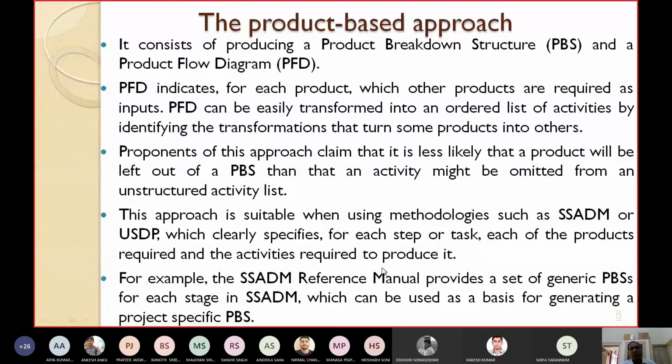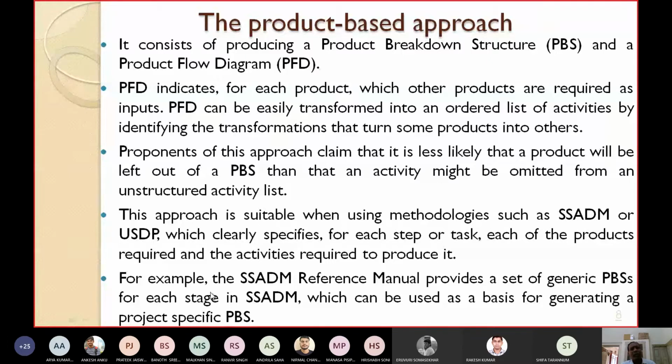So here this approach is suitable when you are using methodologies such as SSADM or USDP, and these clearly specify for each step or task what products will be required and what activities will be required to produce that product.